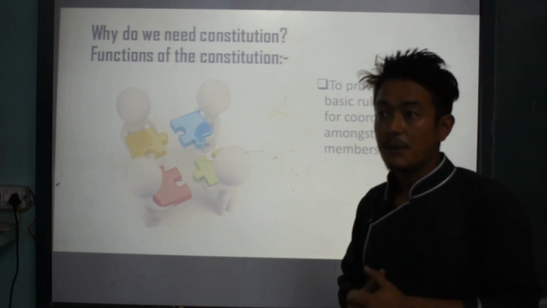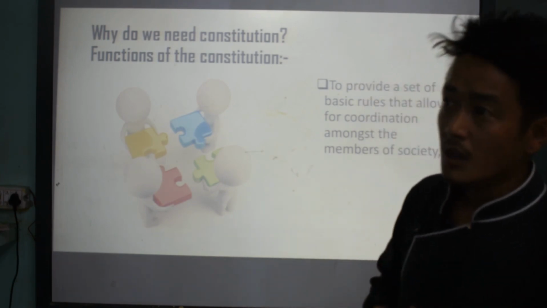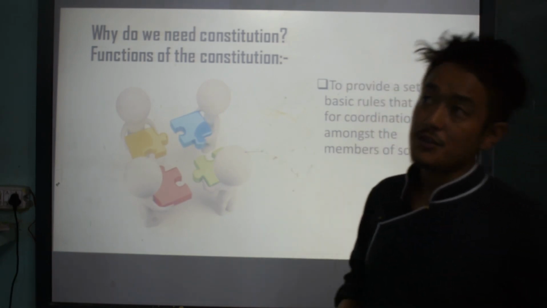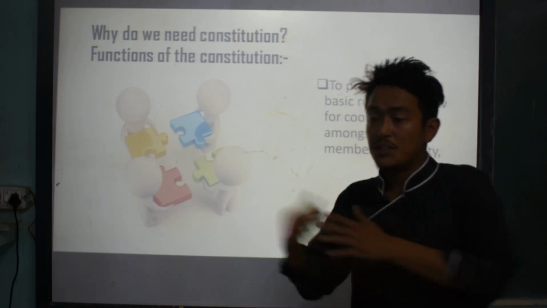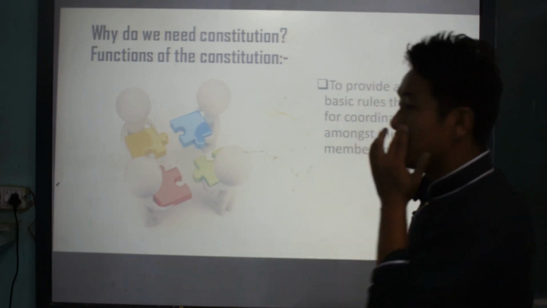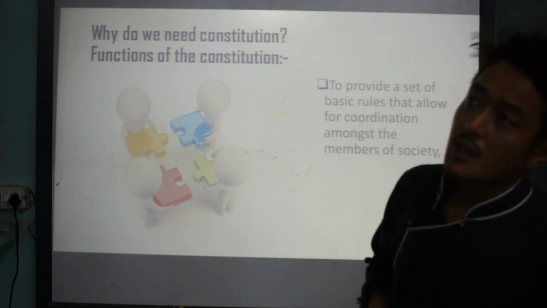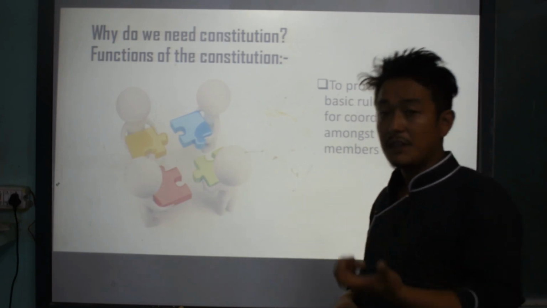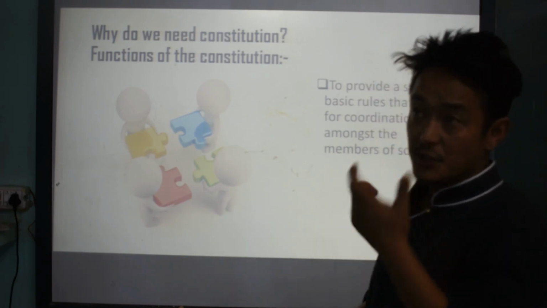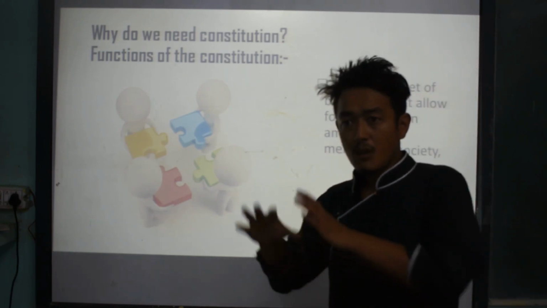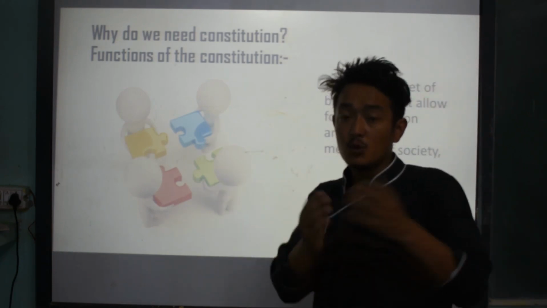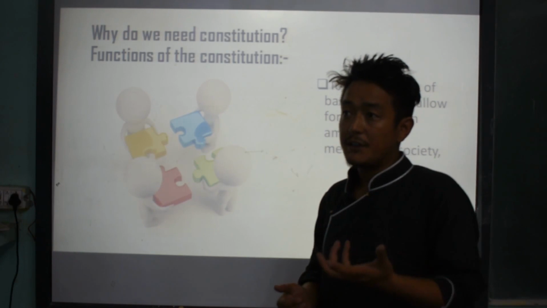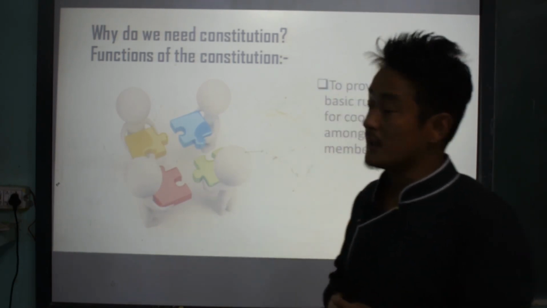Now the question is, why do they need a basic rule, a common rule? In order to answer that, we have to take another example. Let's say we are living in a society where a different set of rules is followed by different communities. What happens in this kind of situation is that people are going to feel insecure, because every community is following different rules, and the rules followed by others are not applicable to them. So it will generate a lot of insecurity within the members of the society. Okay.